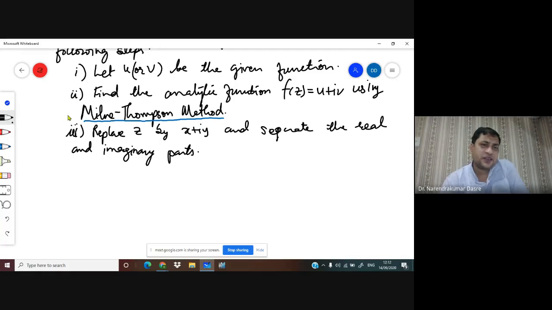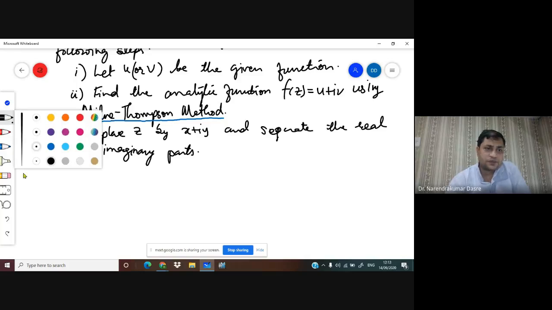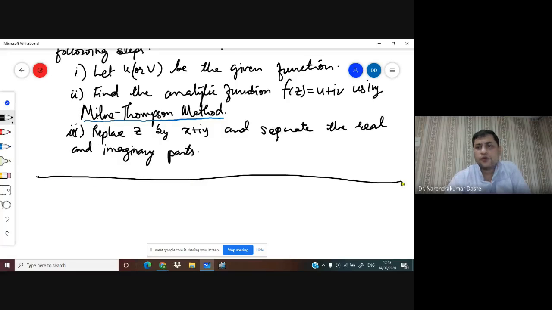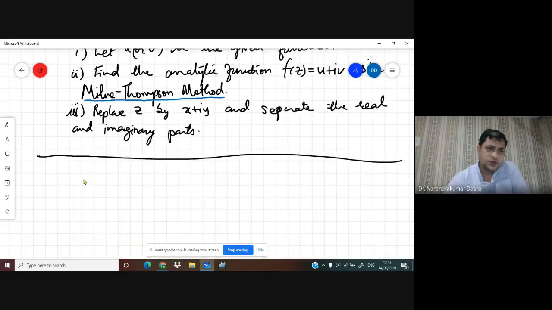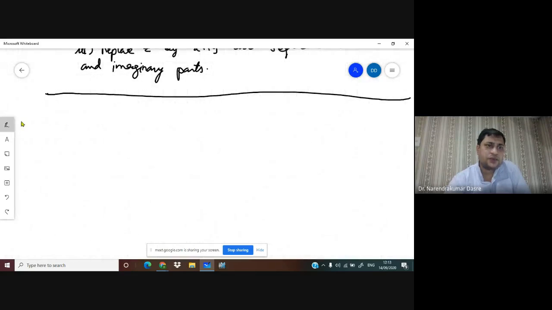So these are the three steps that we have to follow to find the harmonic conjugate of the given function. Let us try to find the harmonic conjugate. We'll try an example so it will be more clear. So what we can have is: show that